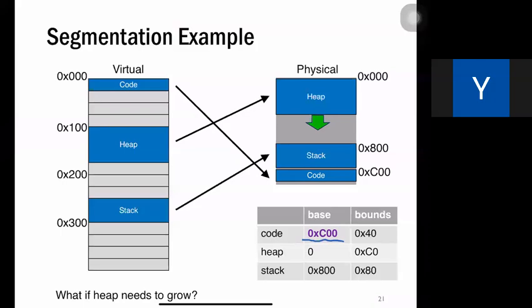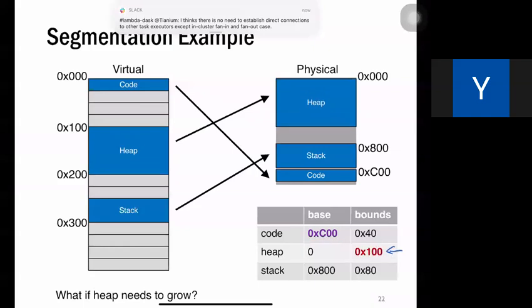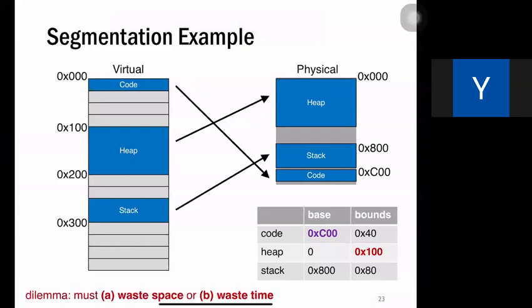And then the heap memory segment could be grown downwards, and at the same time, you need to update its limit, its bounds value, from its old size, which is C0, to this newly updated size, which is 100, okay? And so this is basically how you support the memory segment growing, okay? So that